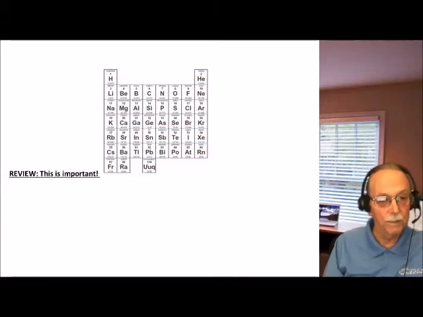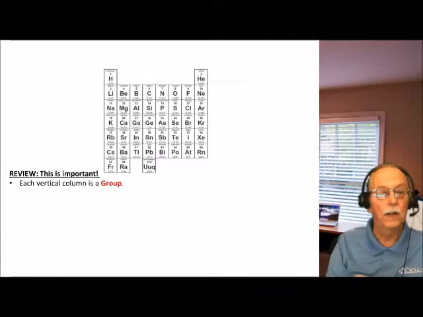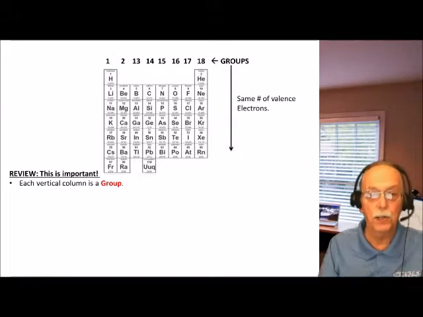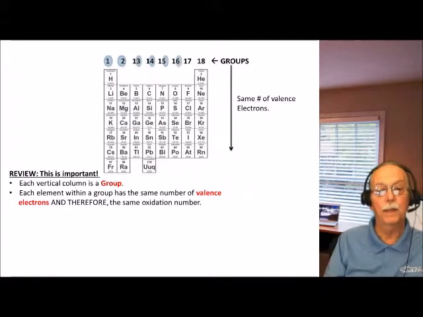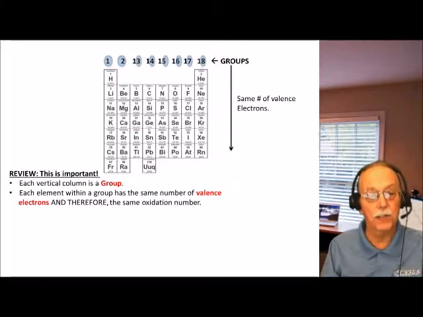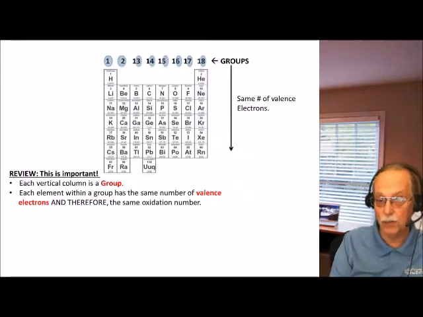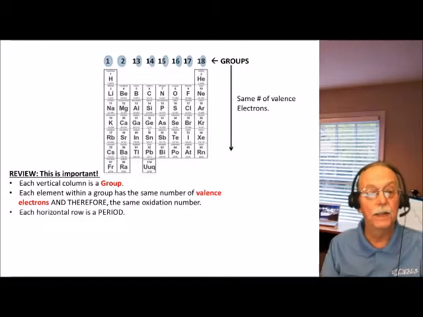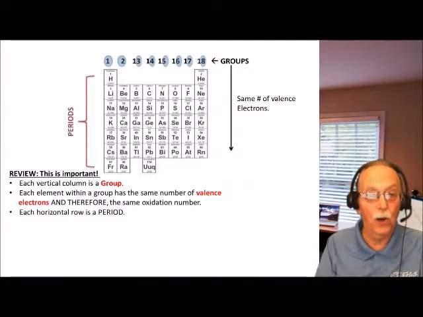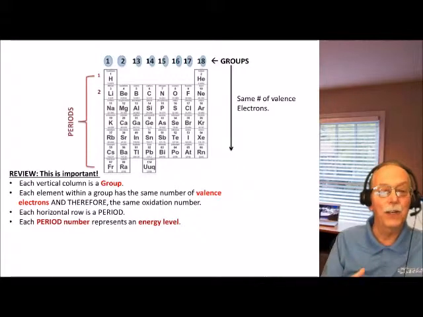This is important. So let's review what we just said. Each vertical column is a group, and each element within a group has the same number of valence electrons, and therefore it's going to have the same oxidation number. Just keep that in the back of your mind for just a minute. Each horizontal row, remember, is called a period, and each period